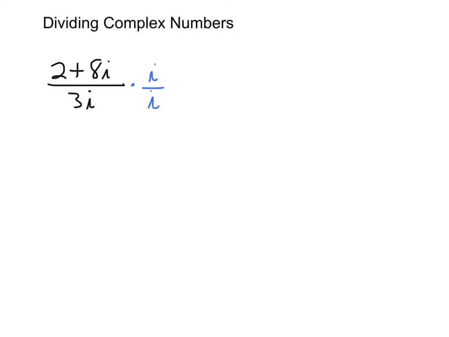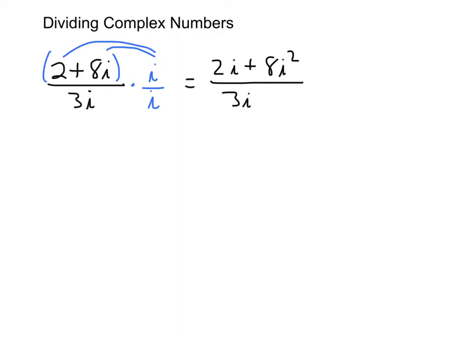Okay? Now, the conjugate would actually be, this complex number is really 0 plus 3i. So the conjugate would really be 0 minus 3i, which would be negative 3i. But you don't really have to multiply by that in this case. It's kind of the exception. It will work. You can do it that way, but this is a little shorter. So if you multiply by the i, again, you have to distribute that in the top. That would give you 2i plus 8i squared